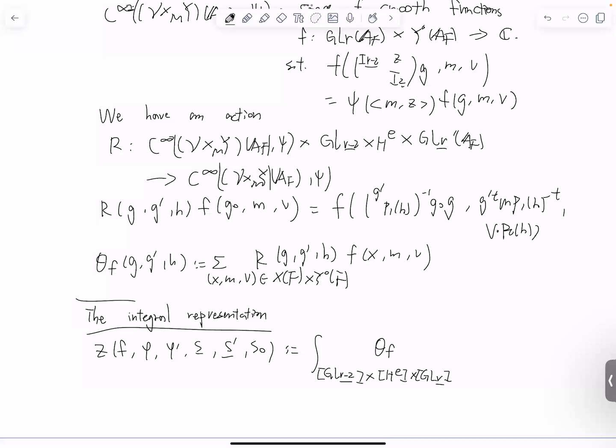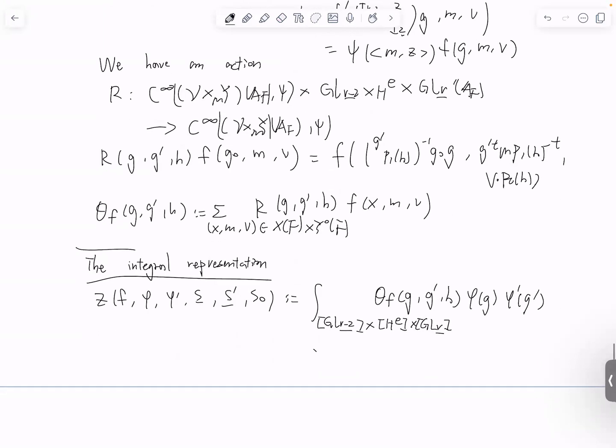So then we're integrating the theta functions and also the cusp forms Vg, v prime, g prime, and some characters depending on s prime, s naught, on g, g prime, h, dg, dg prime, dh,